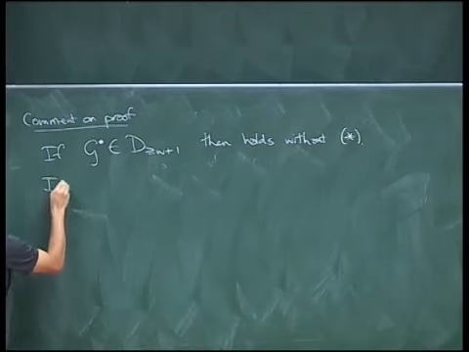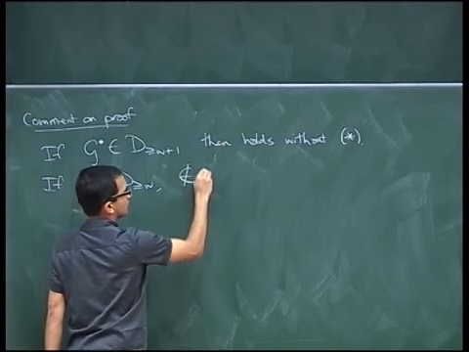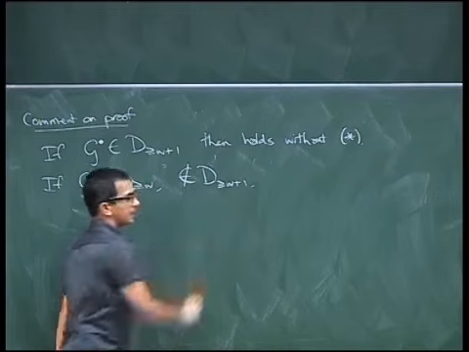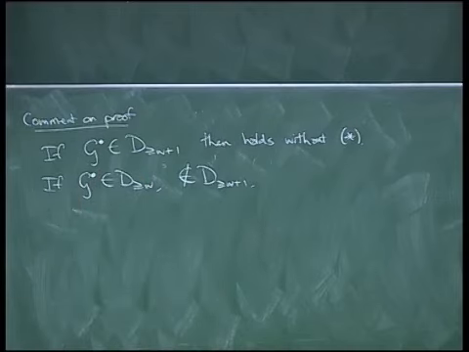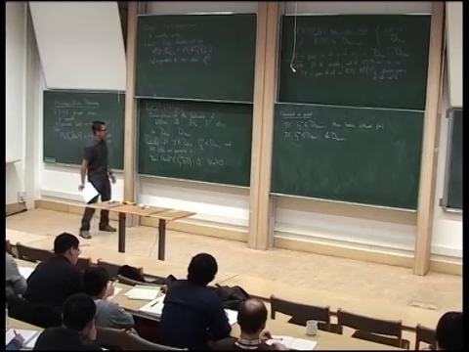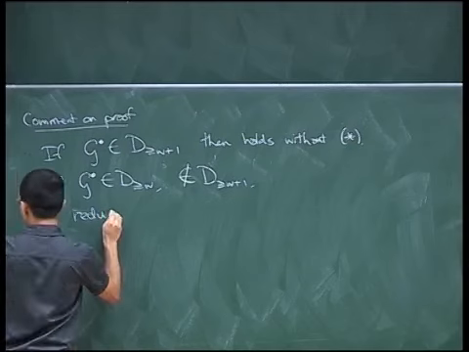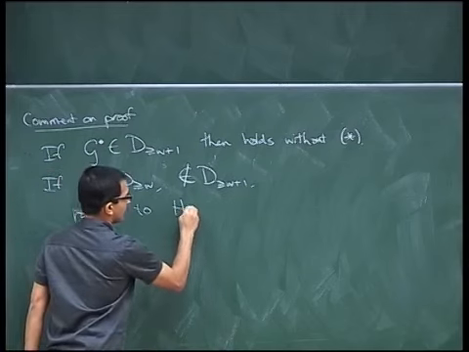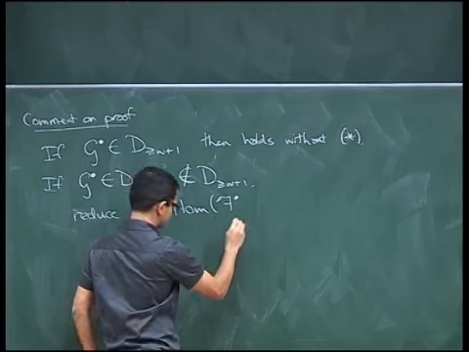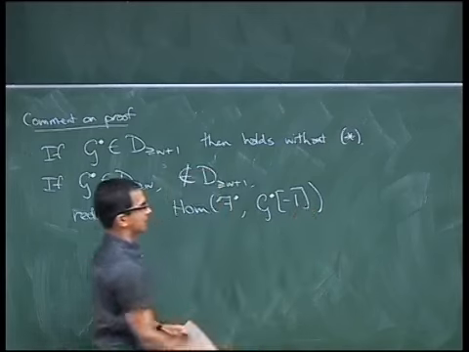If this condition fails, so if it's in greater than W but not in greater than or equal to W plus 1, you can try to do the same kind of computation. So the proof of this statement is a computation that comes out of this big fact due to Deligne. The second thing, if you try to do the same thing, you wind up with a calculation that reduces this Hom group down here to something kind of different, to a Hom group with a negative shift in it.